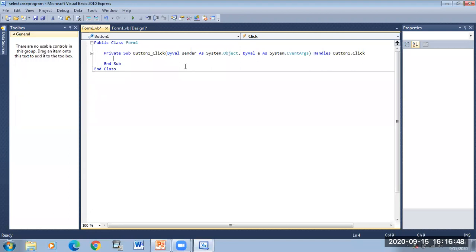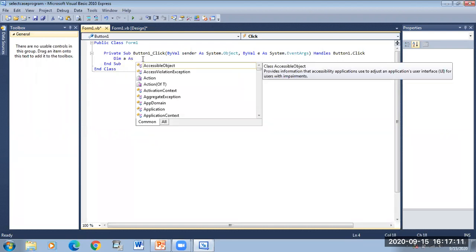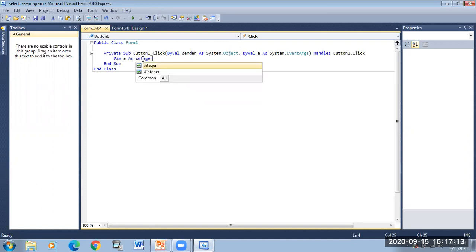You leave the first line, say the second line. Dim n as integer. n equal to integer of text box 1 dot text.